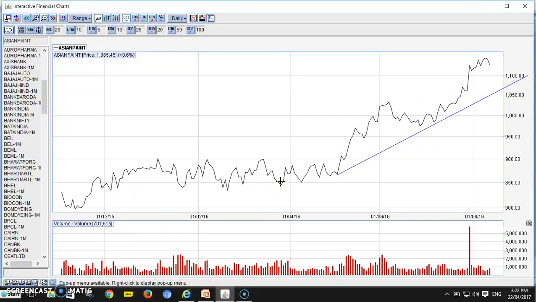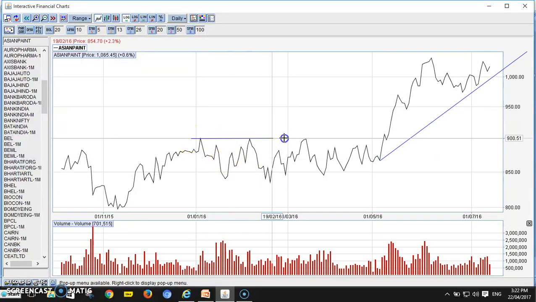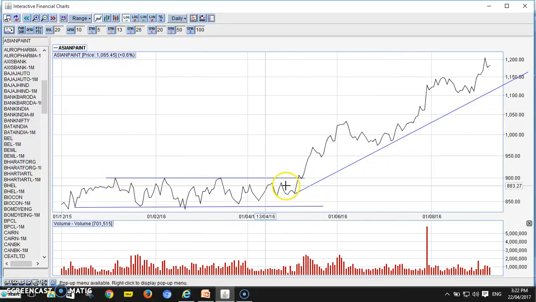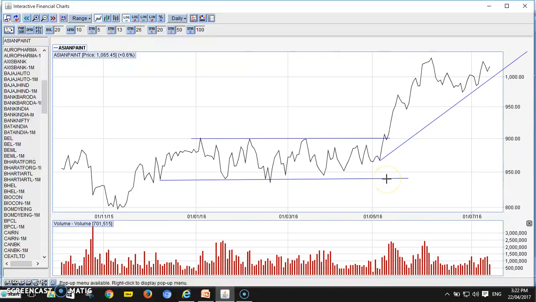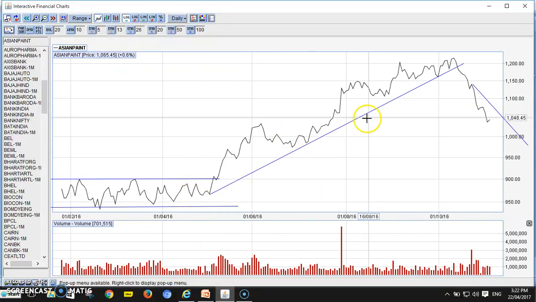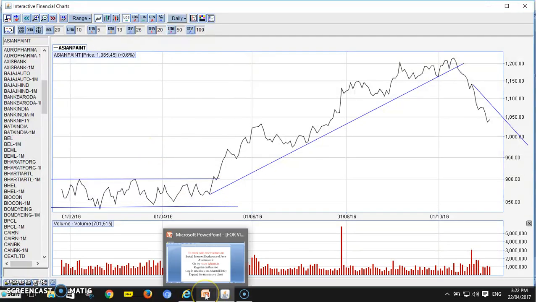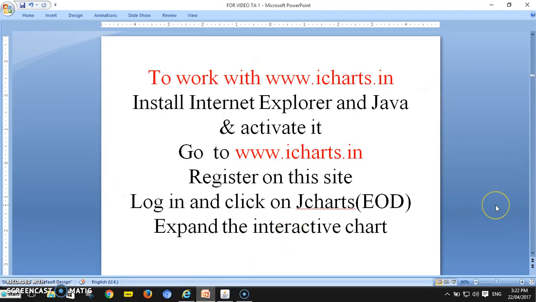If you come back from this, you can draw a trend line for the flat trend, and you can see here that this top trend line has been broken by the price and the price has gone in the upward direction. Friends, you can practice like this on the website